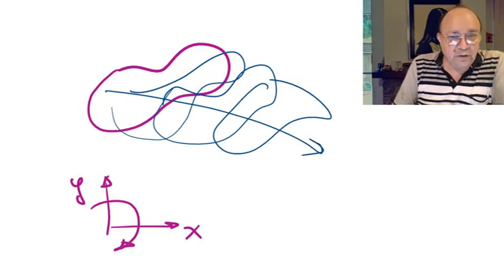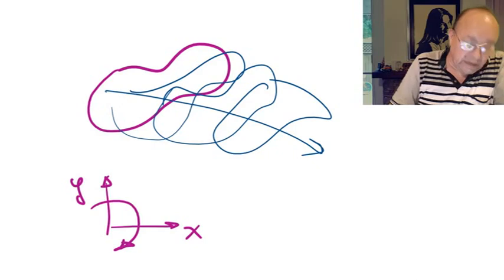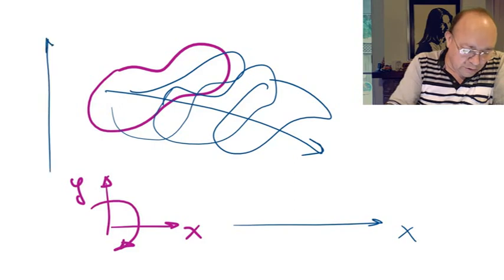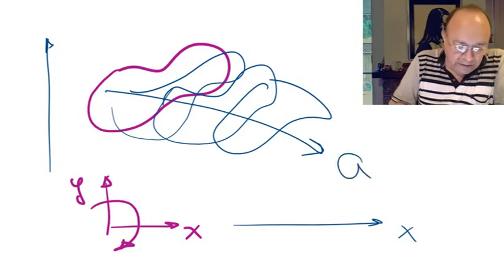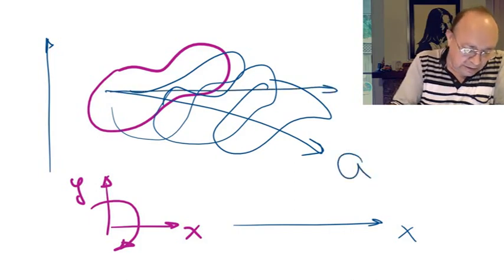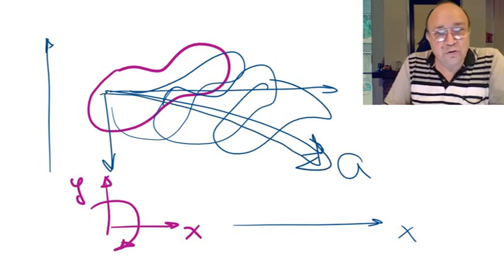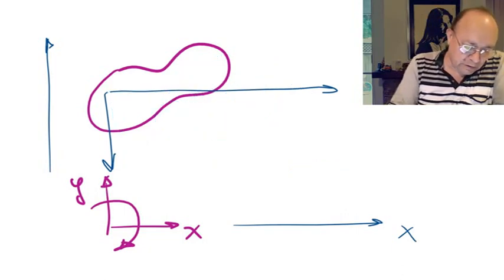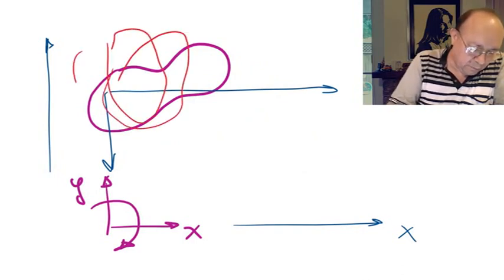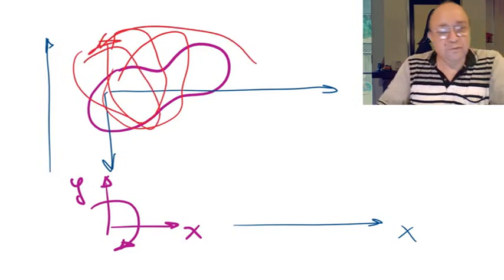In order to guarantee that there is no acceleration in any direction, we can decompose all the motion in x component and y component. So here the body is supposed to move with acceleration in this direction and in this direction. The combination of those two motions produces this motion on the plane. And we can talk also about the rotation. There should be no rotation in order to guarantee that there is equilibrium.